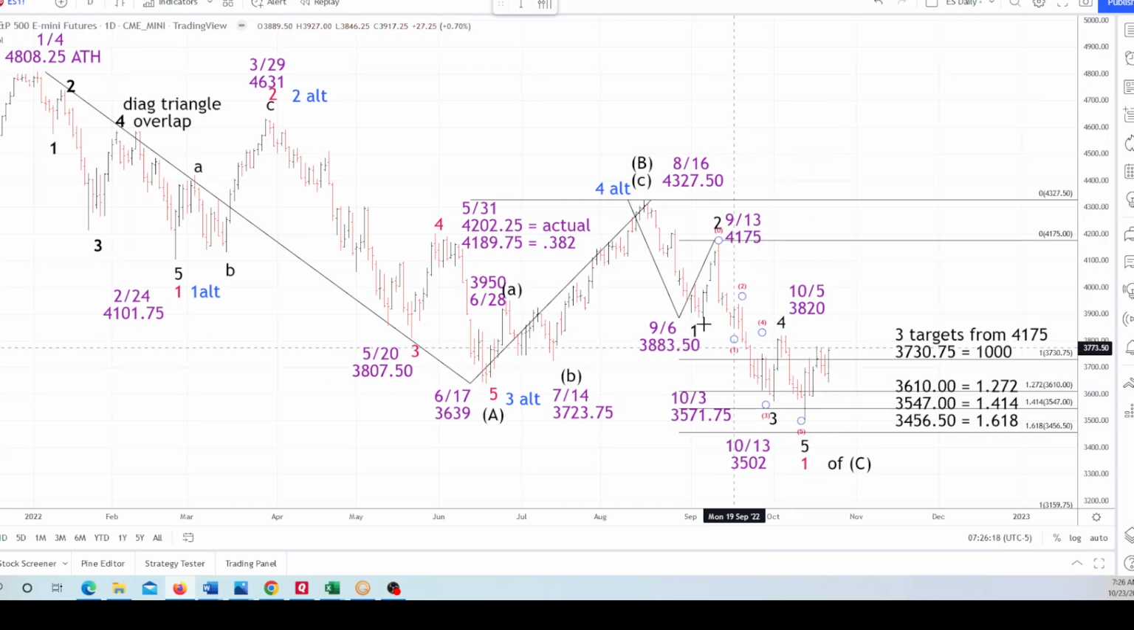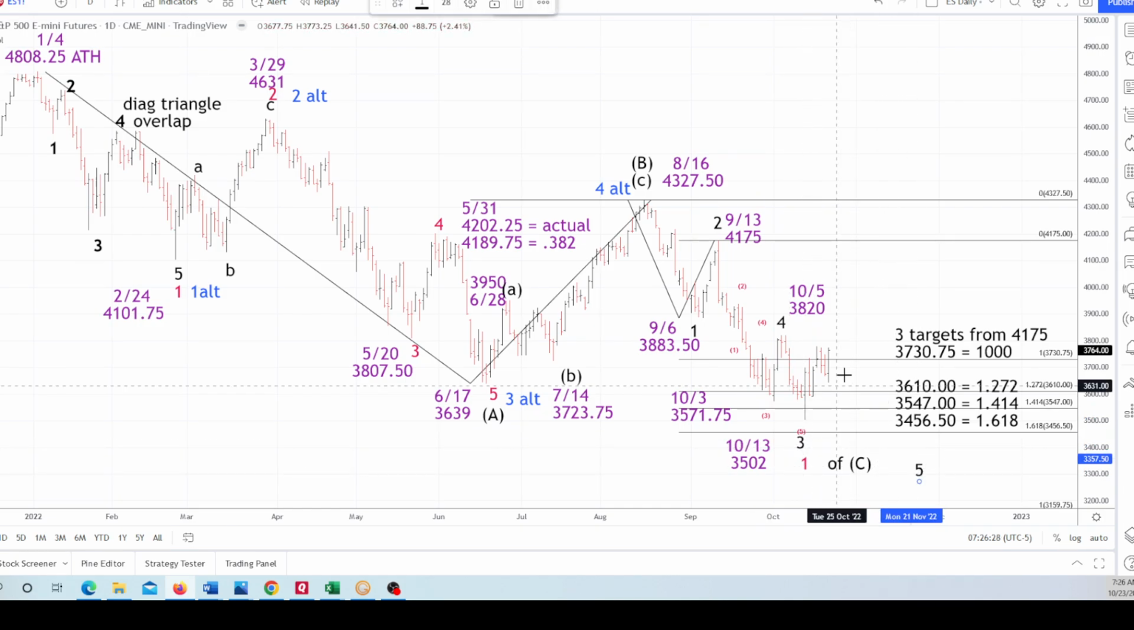Okay, and then we could call that 1, 2, 3, 4, 5 for the 3. So getting you guys caught up right there. Okay, and I'll move 5 out of the way, and that would put 4 up in this range. And I had this as an alternate count for our monthly subscribers to our newsletter, and I believe